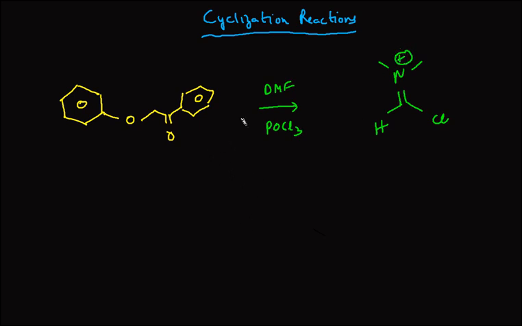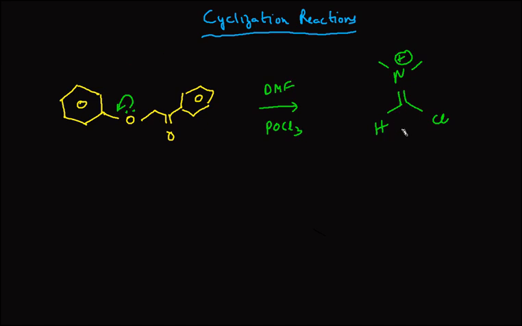Now the thing that you need to understand is, if you look at this particular substrate, over here this is oxygen. This oxygen can donate electrons, and this molecule can undergo electrophilic aromatic substitution. So from this position it can undergo electrophilic aromatic substitution. This particular position is going to attack this carbon over here, right? So from this position, the attack will take place on this particular carbon. So this is going to be the reaction.